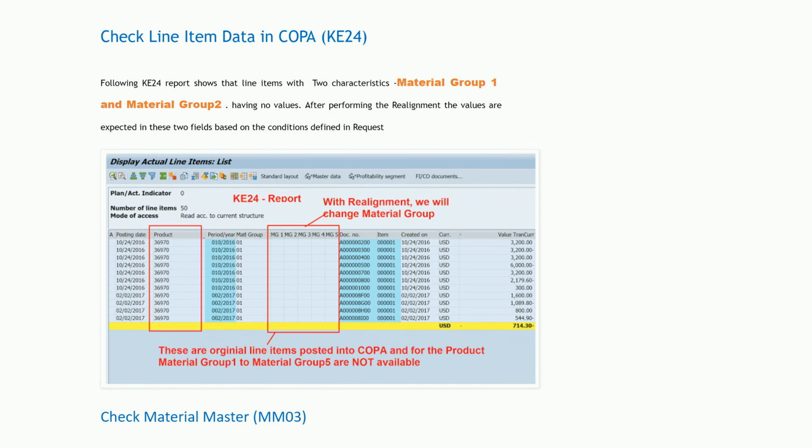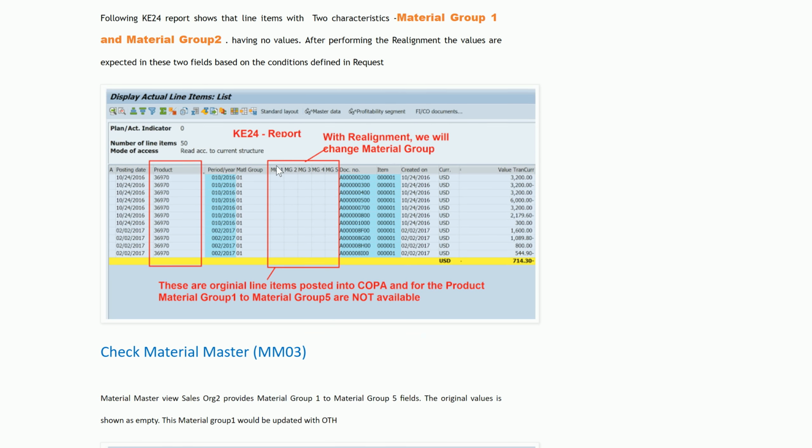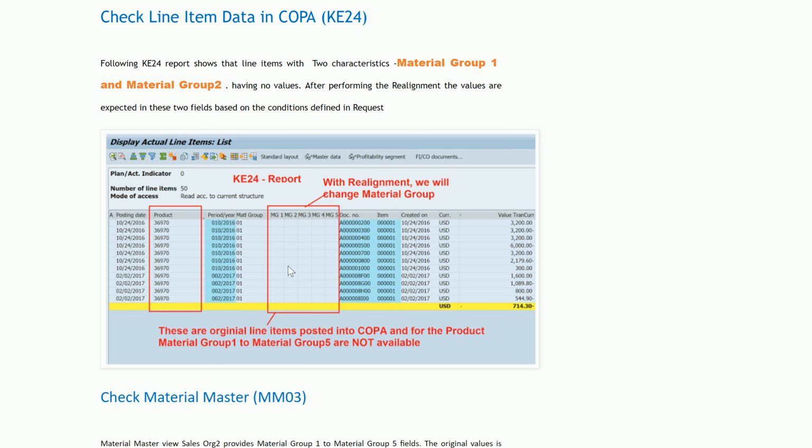Here I'm showing you a screenshot with the K24 reports, where these are the documents which are already posted, and you can clearly see here Material Group 1, 2, 3, 4. These material groups are not populated, so these are the original lines which are posted in COPA. Again, this is just one example I prepared for showing realignment here. So the K24 report here,